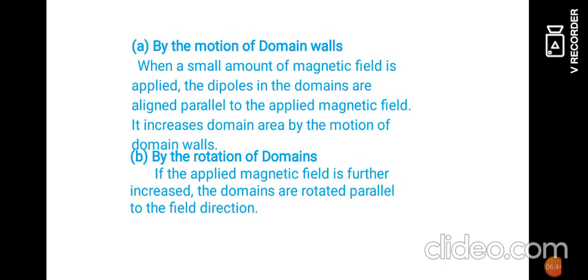When this process is over, that means when all the ferromagnetic domain walls are displaced, now the ferromagnetic domain starts to rotate itself. As a result, when the ferromagnetic domain starts to rotate itself, all the magnetic dipoles present inside the domain also rotate, so that they will be aligned in the direction of the applied external magnetic field.